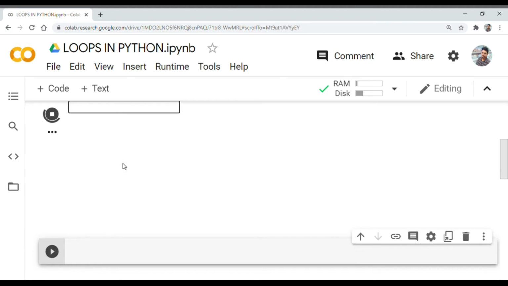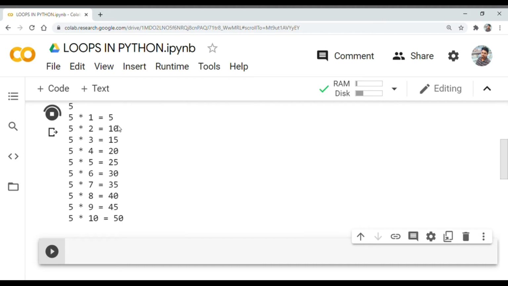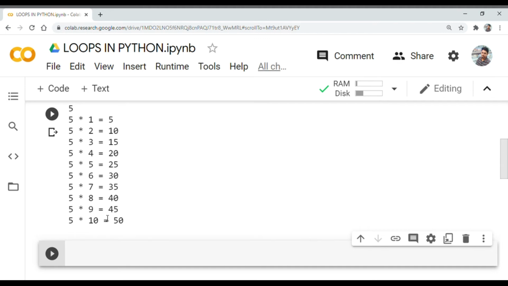Now this reads a little bit like the way we read it. The same thing, 5 into 1 equals 5. So now the multiplication table has been created.